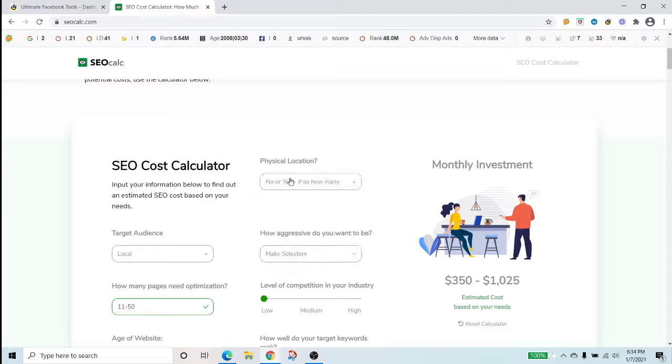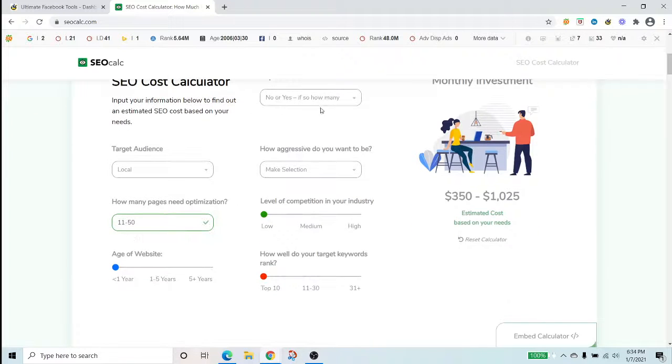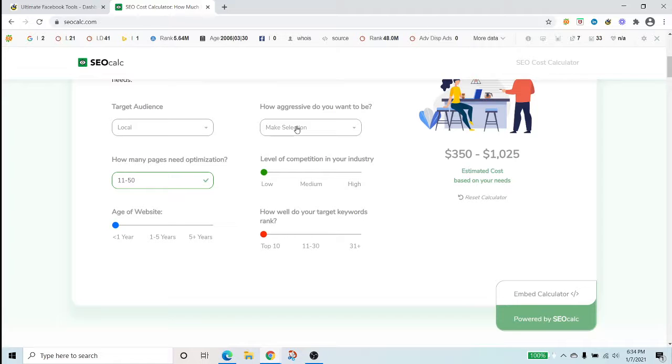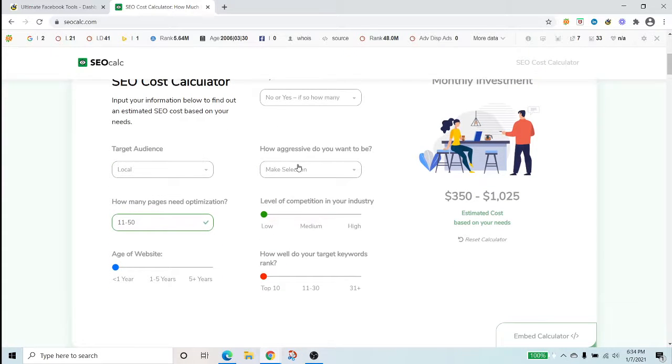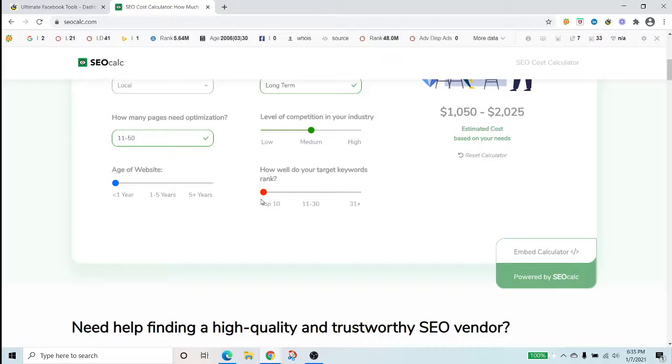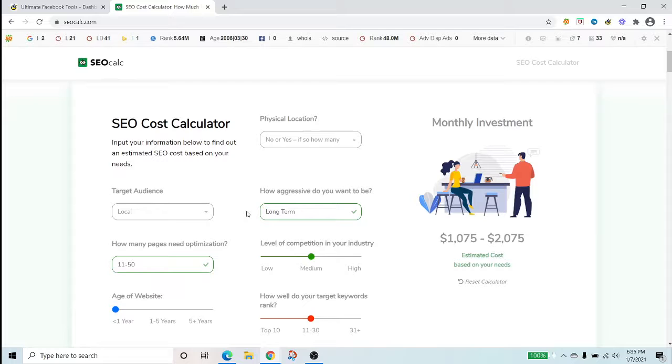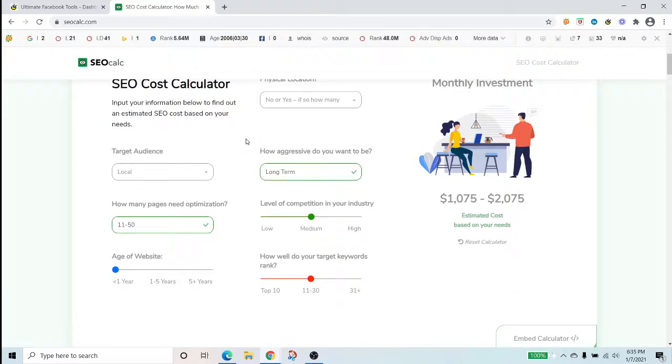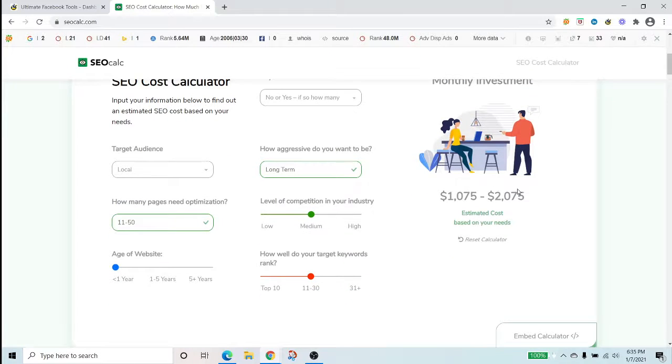Physical location, no, right? Because it's a mobile service, and they go to the customer. How aggressive? Whatever they're looking for. Long term. Competition is going to be medium to high, and we'll just say how well do your target keywords rank? So obviously they're not landing in the top 10 because they're on page 3. So this gives you a basic idea,